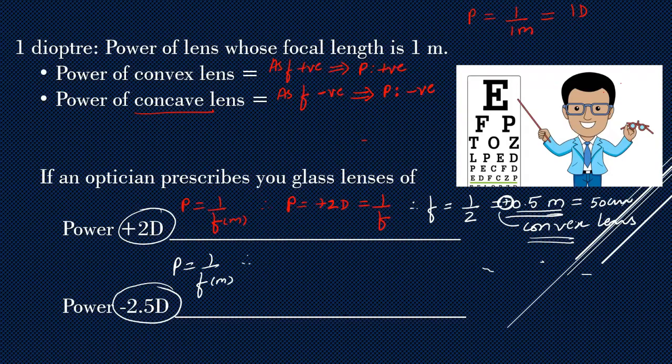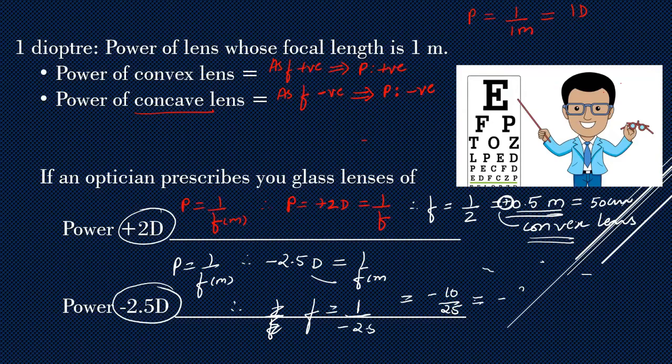So therefore, minus 2.5 diopters is equal to 1 upon f in meters, right? So we just exchange this. F will be equal to 1 upon minus 2.5, right? So this can be equal to minus, I'll multiply by 10, 10 upon 25, which is equal to minus 2 upon 5. 5 twos are 10, 10 fives are 50. So minus 2.5, so that's minus